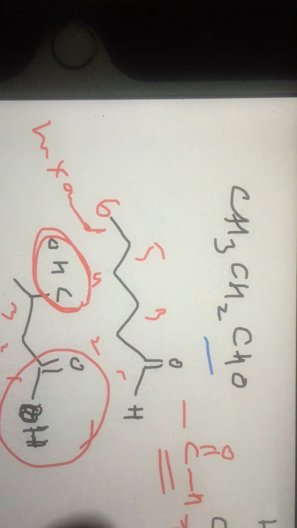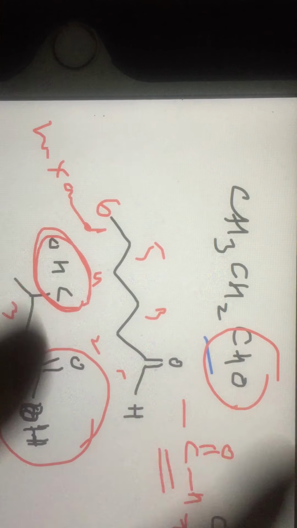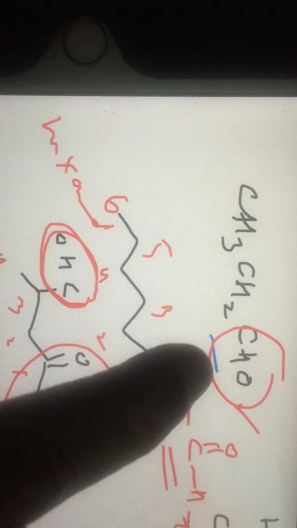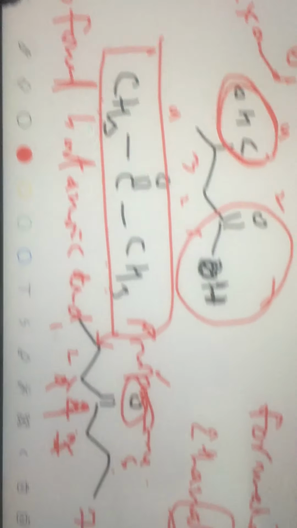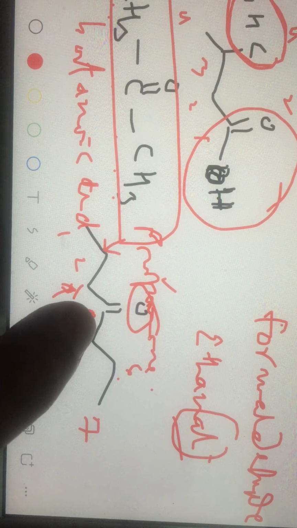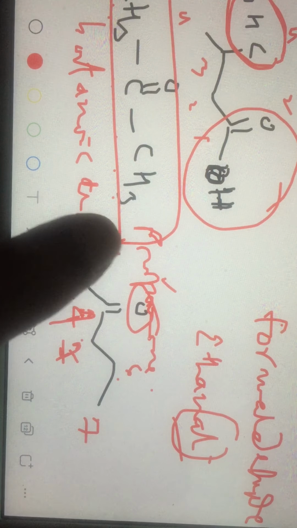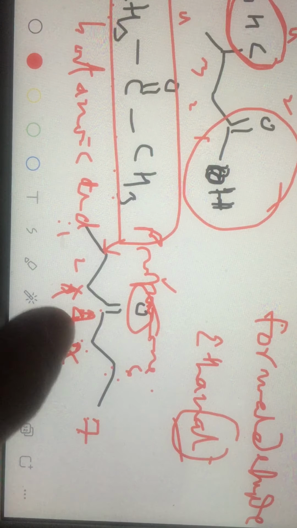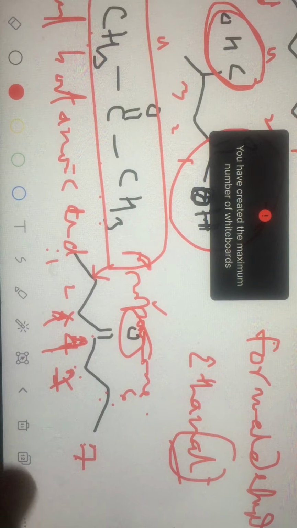For aldehyde, the position of CHO is not necessarily specified because if CHO is the most important functional group, it is always number 1. It is a terminal functional group like COOH. So we don't have to specify the position of CHO in any aldehyde, but in ketone we have to specify the position of C double bond O if other possibilities are there. Therefore, it is having 7 carbons, so hept. Between carbons there are single bonds, heptan, 4-one because on the fourth position there is a keto group. Let us look at these ideas.